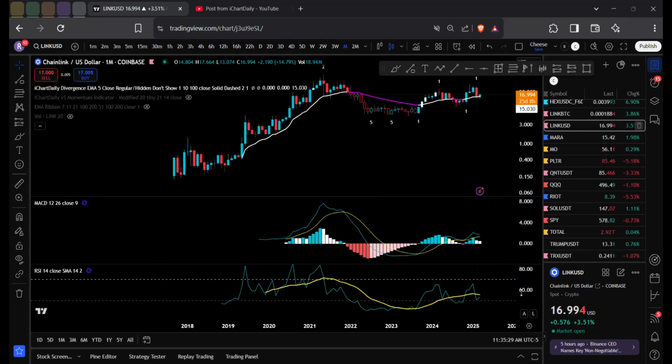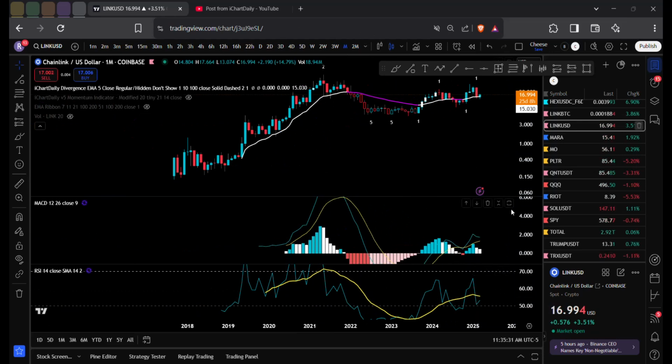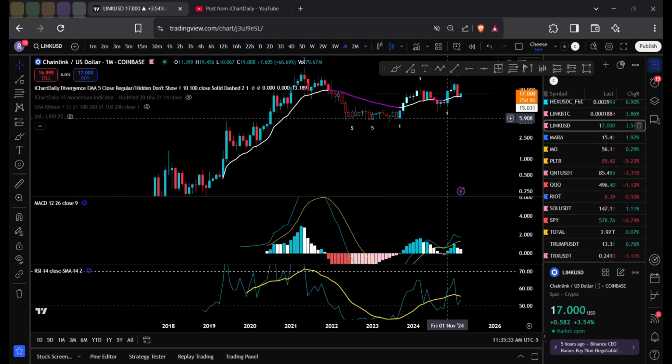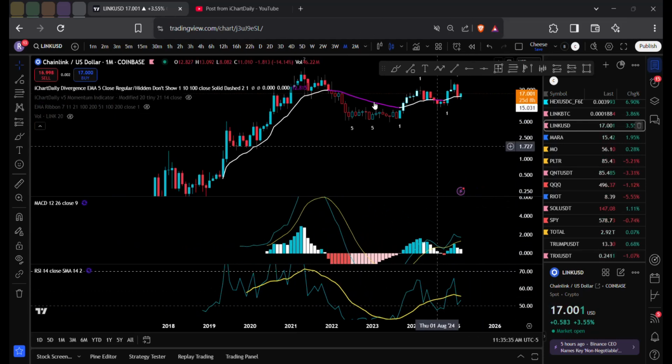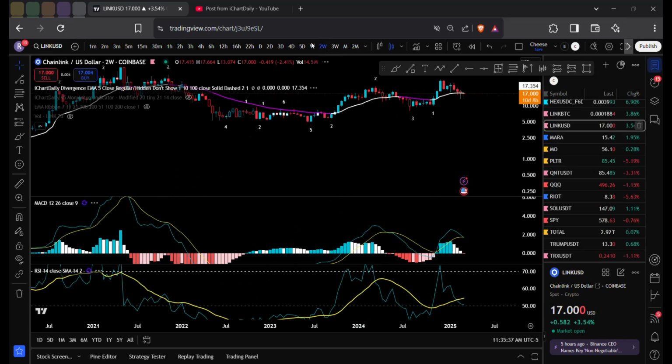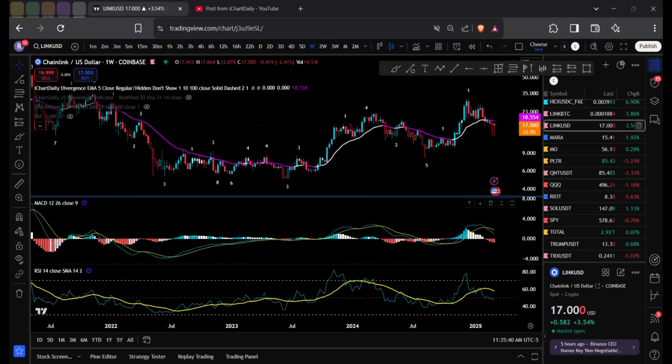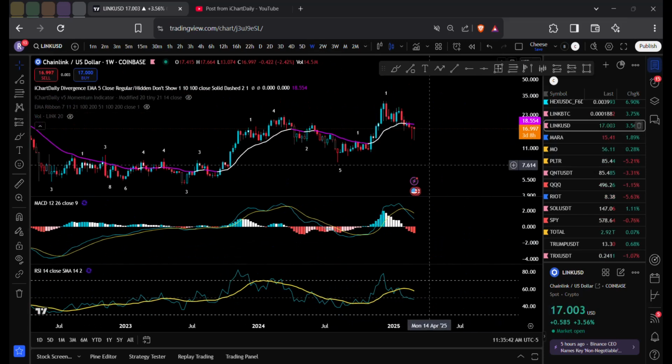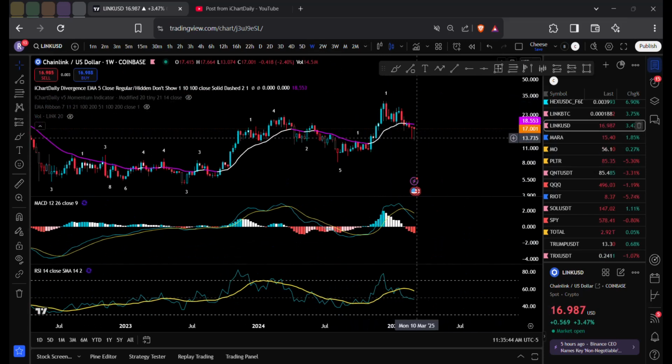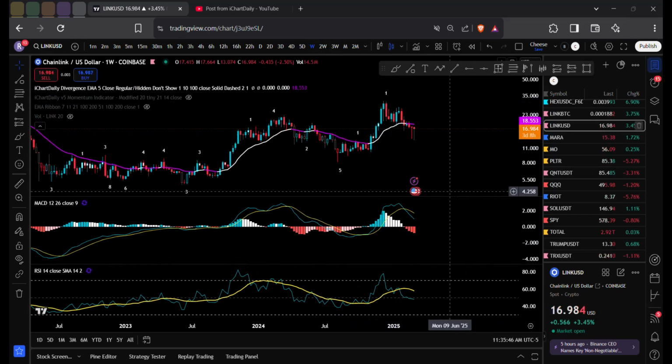As of right now, you can see the monthly has bounced off the 50. We're still above section A. We're using the moving average as support. That's a good sign. Those are good things that I just mentioned. So you can see here we've had a consolidation. We've gone from $30 all the way down to $13. Is it time to panic or is it just a consolidation?